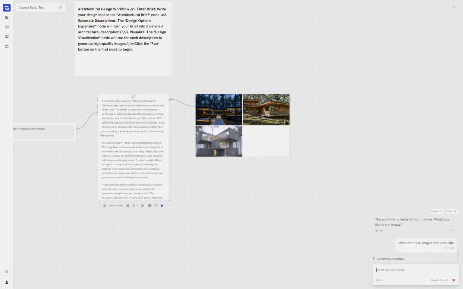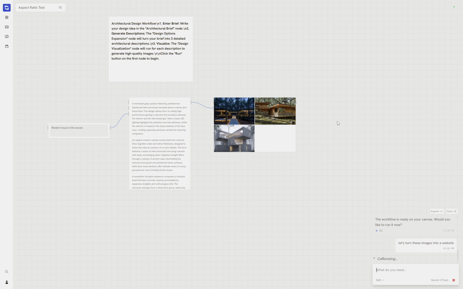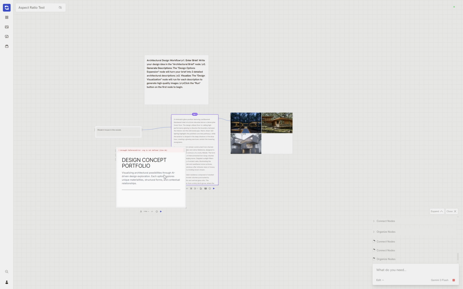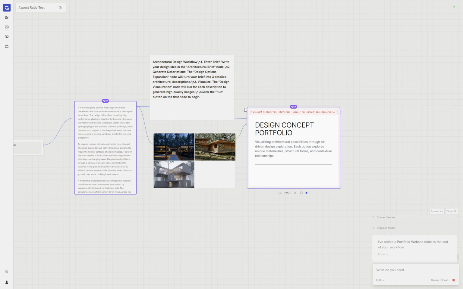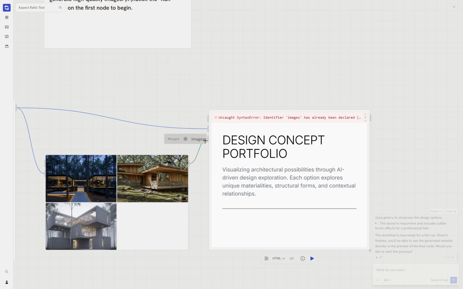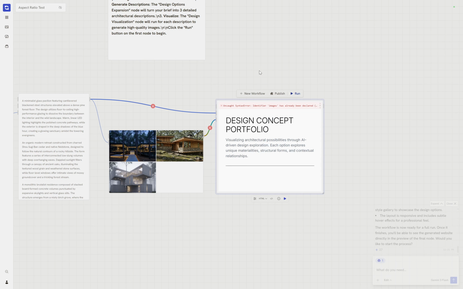And it's probably going to take this and continue using it within a workflow. So it's going to be able to read our canvas, figure out which node has the images, use that output. Here we go, it's connected it all up. Okay, it's got a syntax error, that's fine. Something that we can do with syntax errors is we can just select the node and we can say fix the error,